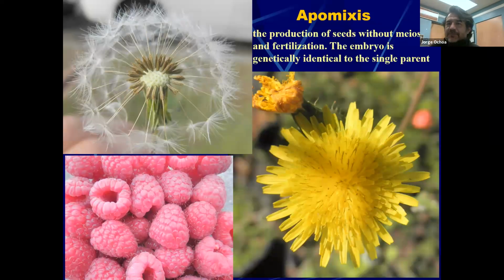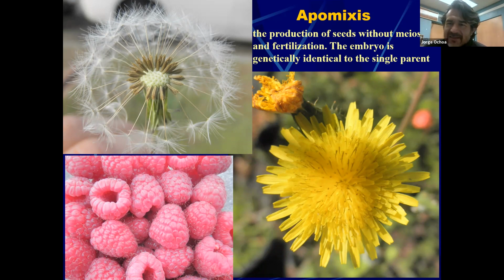because it's not going to require the pollen from a different individual. Another important vocabulary word that you need to know is apomixis. And this would be certain plants that have bypassed the pollination and fertilization. Once the flower is produced, all the ovules in the flower are going to turn into seeds, regardless if they get pollinated, regardless if they get fertilized. And so this would be the case of the sunflowers, not the sunflowers, but the dandelions.